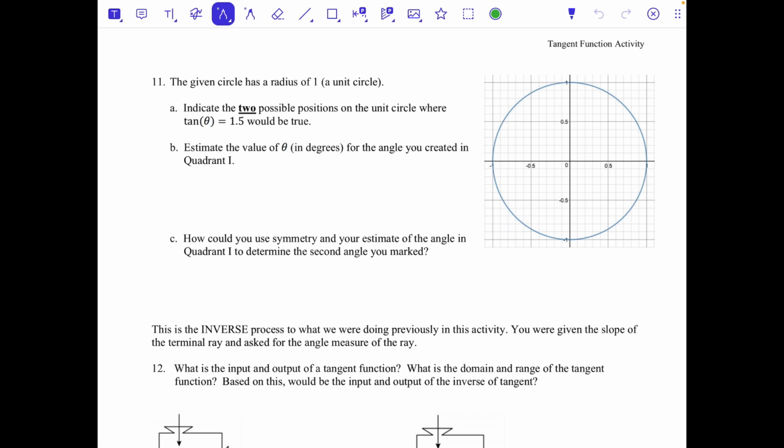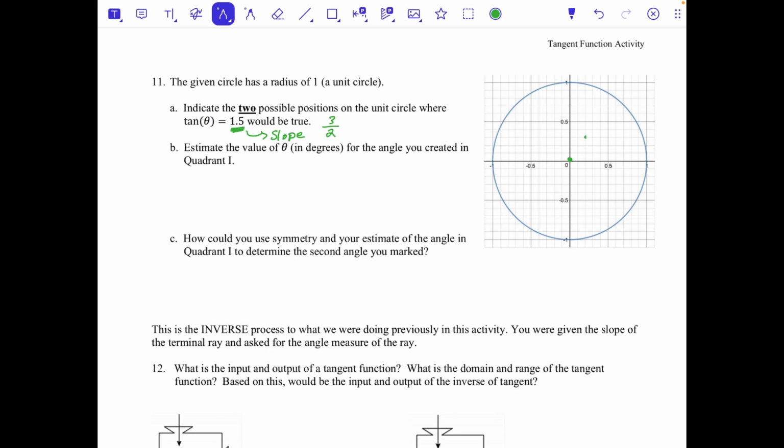So in this case, we have a circle with a radius of 1, and there are actually two possible positions on this circle that a terminal ray could hit that would have a tangent value of 1.5. Now the key here is to remember that that tangent value is your slope. And so it might help to actually write that slope as a fraction, and in this case that would be 3/2. So if I started at 0, 0, and created a line with the slope of 3/2, or a rate of change of 3/2, that would count up 3 units as I go over 2,